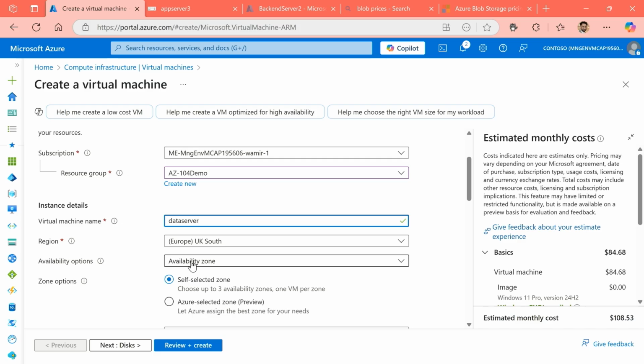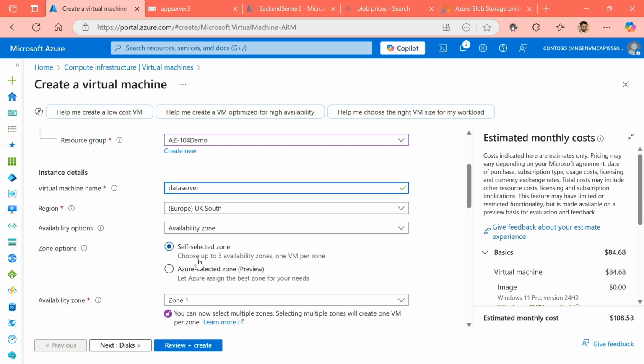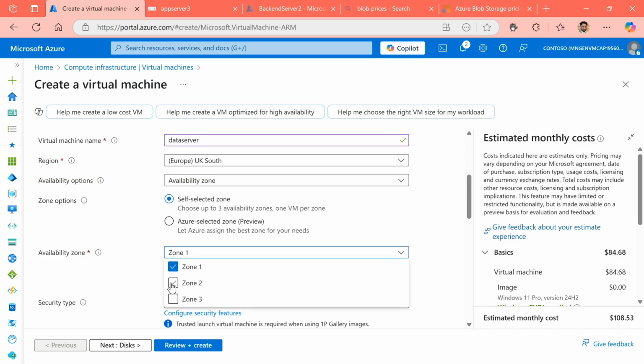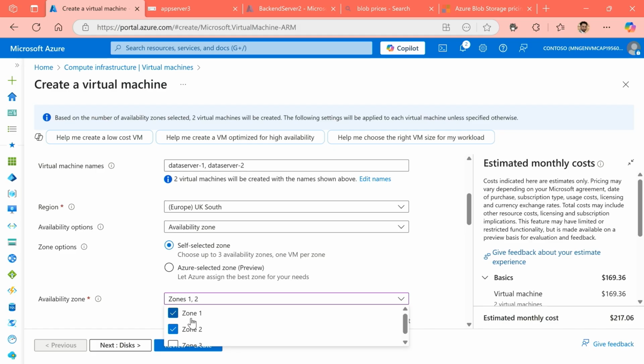Now, I have availability zones already selected for me as an availability option, as that region offers it for me. So we can start talking about availability zones. Now, it does give me an option to say choose up to 3 availability zones to put 1 virtual machine per zone. Like I said, for availability sets as well, this feature doesn't come at an added cost. However, adding multiple virtual machines increases your overall cost of the solution, so bear that in mind. Now, what I can do here to say this machine that I'm about to create, drop it in zone 1, or I can plan ahead and say, let's bring that into zone 1 and 2.